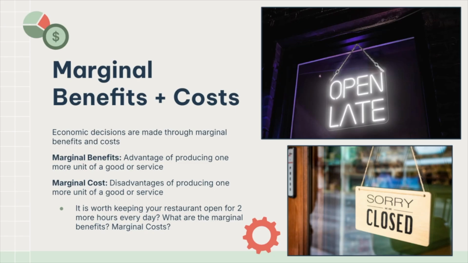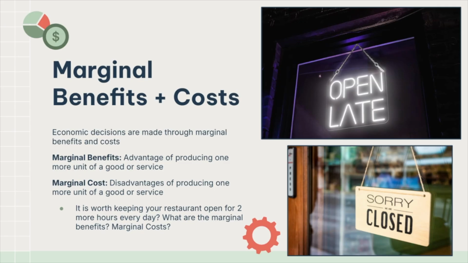Now I'm going to talk about marginal benefits and marginal costs. These are basically economic decisions that can be made through marginal reasoning, marginal analysis. Marginal benefits are the advantage of producing one more unit of a good or service. Basically, what benefits do you gain from producing one more unit? And the marginal costs are the disadvantages of producing one more unit of a good or service. Like how much more will it cost the producers versus how much can they earn from customers buying